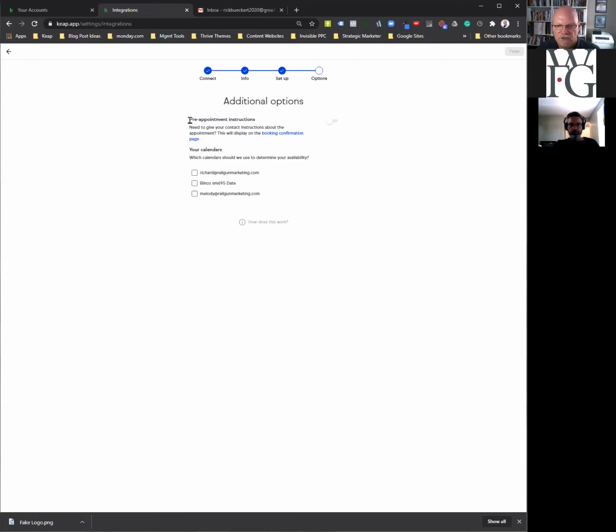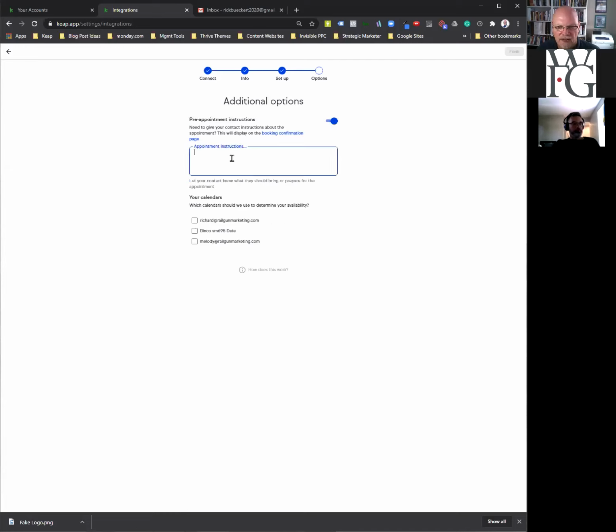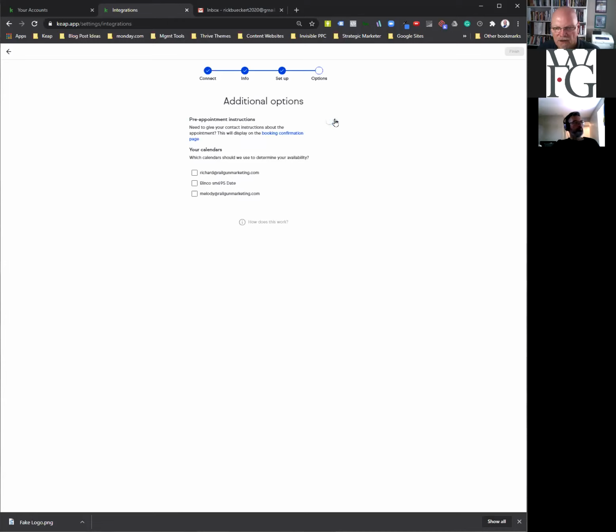And you now have an option to give pre-appointment instructions, which you can toggle on here and add, or you can take it off. And you now are going to tell it which calendars it should look at to determine availability. So obviously the one I want to look at is the one I initially set up, but I could also have it look, for example, at Melody's calendar as well. So you can switch that off. Now in my case, everything is on one calendar, so that's fine. Once you hit finish,